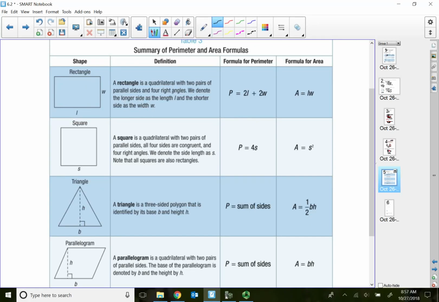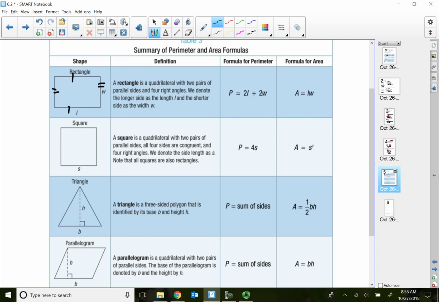A rectangle is a quadrilateral with 2 pairs of parallel sides. So the length and the length are parallel, the width and the width are parallel. And it consists of 4 right angles; the 4 interior angles are 90 degrees each. We denote the longer side as length and the shorter side as width. The opposite sides, the length and the length, are parallel and also congruent. So that means the length and length are the same, the width and the width are the same. To find the perimeter, we just say L plus L, which is 2L,